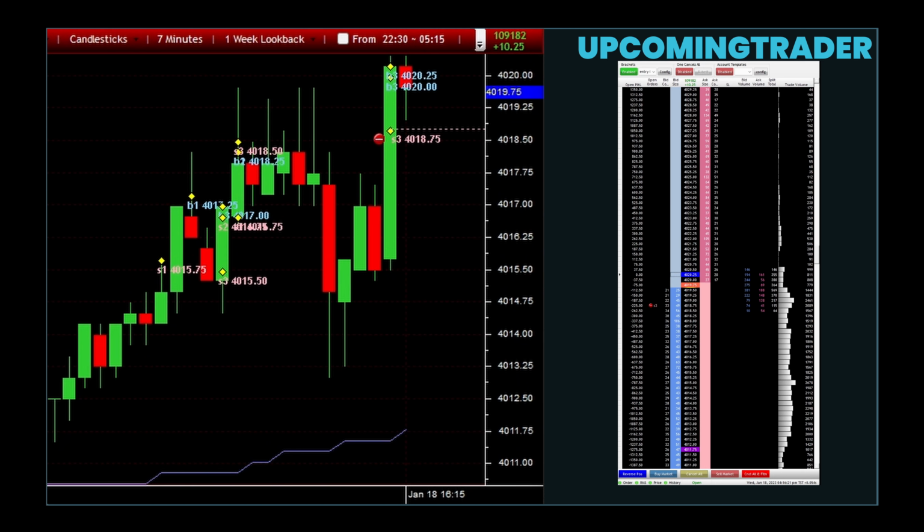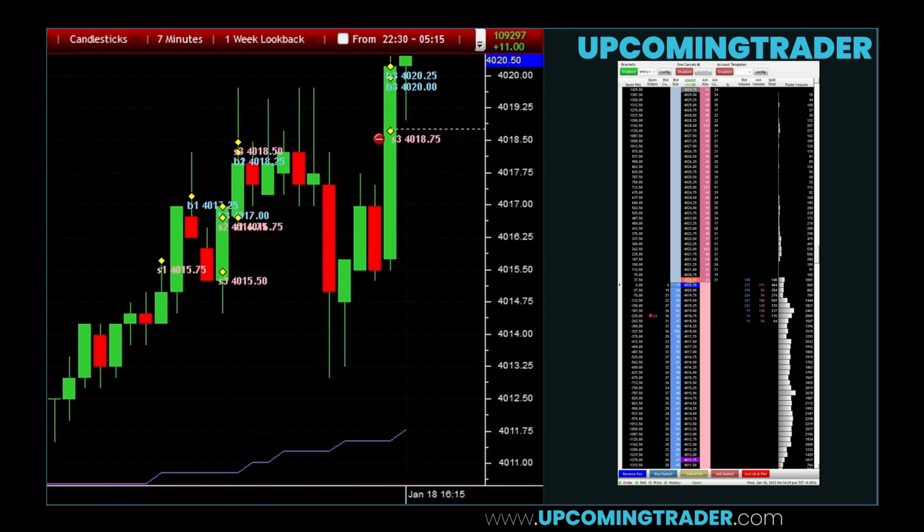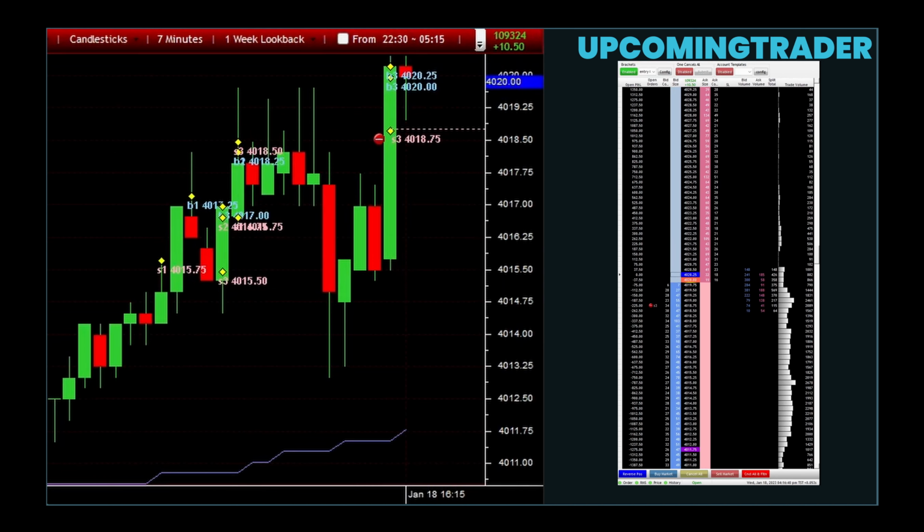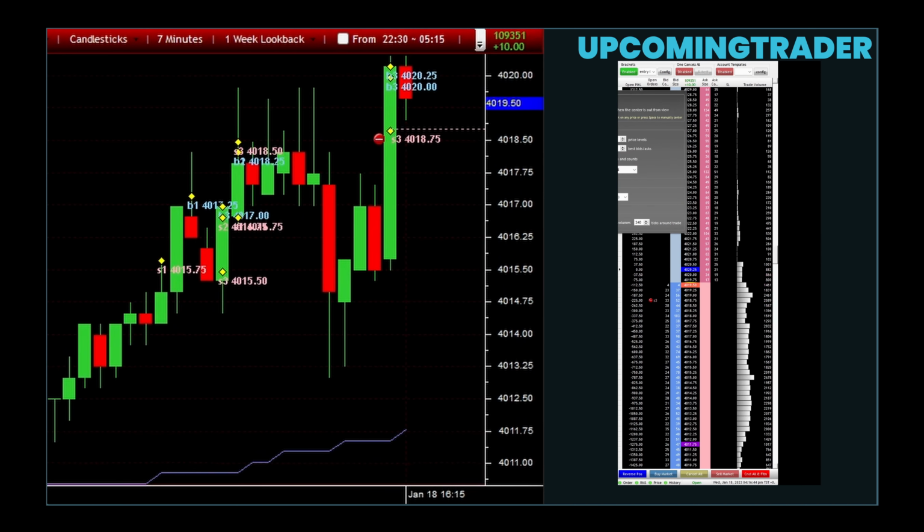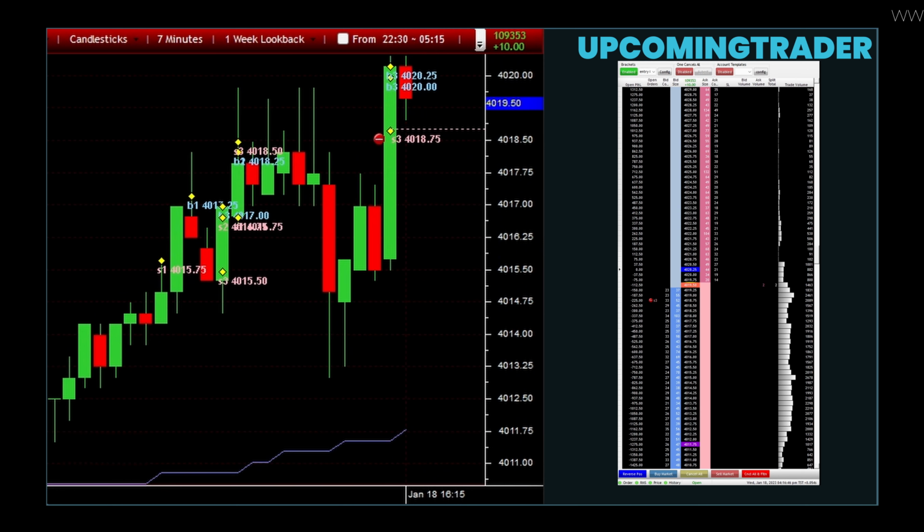A breakout from this range, either to the upside or downside, is significant, especially if it is accompanied by strong volume. If the volume is higher during an upside breakout, it confirms that buyers are taking control, leading to a bullish continuation or reversal. Conversely, a downside breakout on strong volume indicates that sellers are dominant, signaling a potential bearish